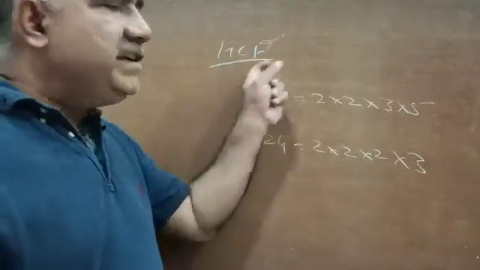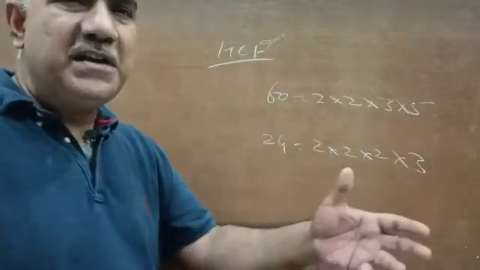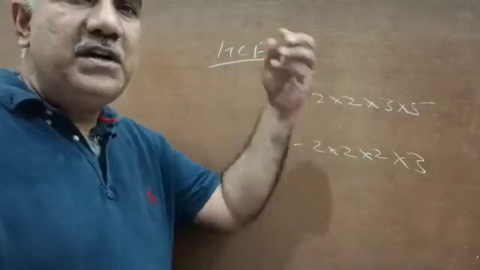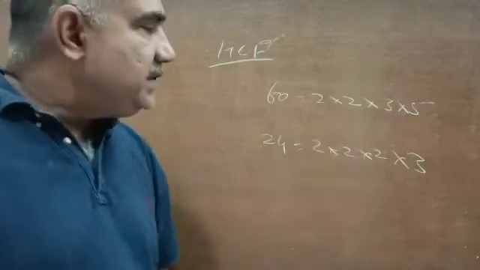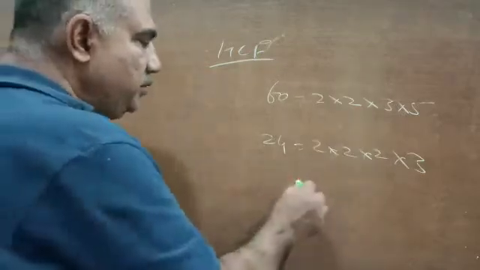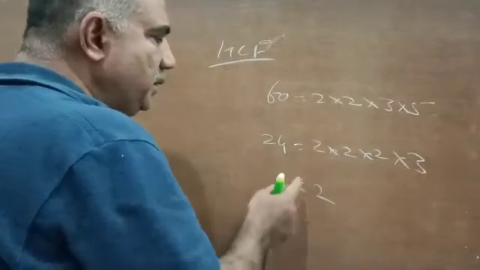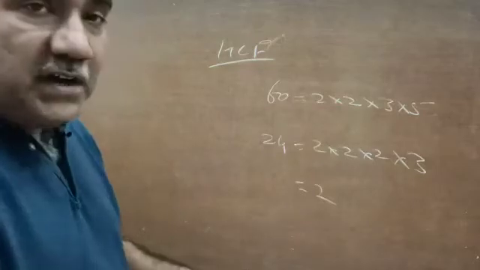Now the word says highest common factor. I don't know why people are making it so complicated and confusing. Just go by highest common factor. You need not find out anything else. Your task is to find the common factor. See, first look for the common factor. You see 2 is common, so you find 2. So 2 is a common factor of both 24 and 60. You can see it. But 2 is not the highest common factor.